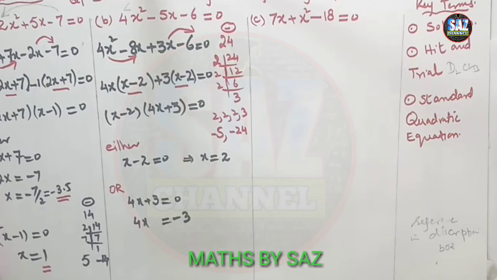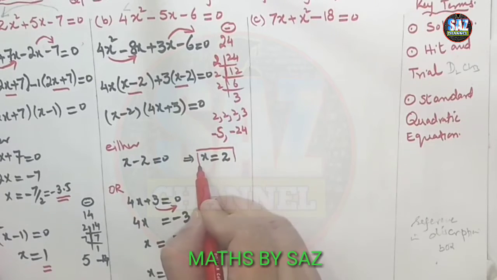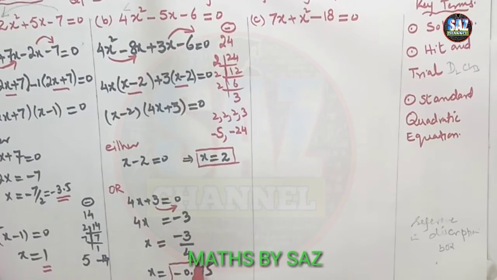When I shift 3 to the other side, it will be with a negative sign, and then I have to move this 4, which is the coefficient of x, to the other side, and this will become minus 0.75. I hope you are clear about this question. The solution or roots of this question are x equals to 2 and x equals to minus 0.75. Here it's really important that as the equation has the maximum power 2, it must have two solutions or